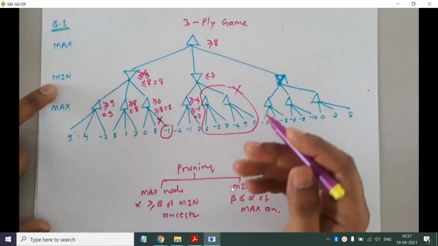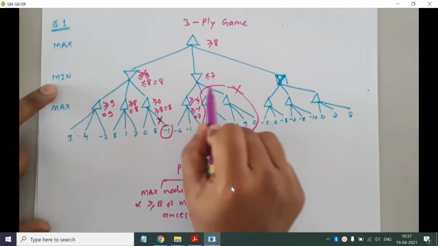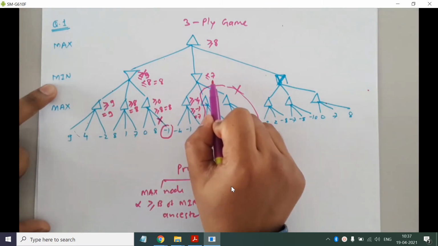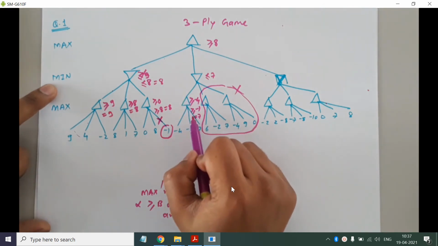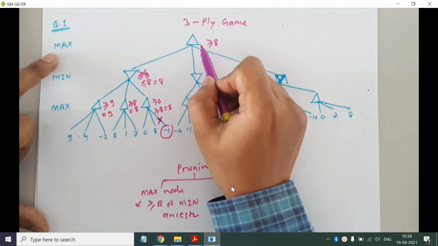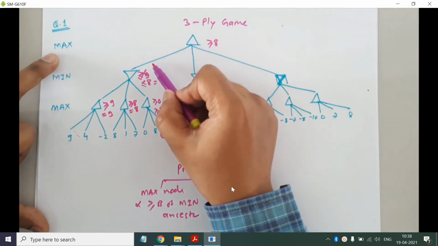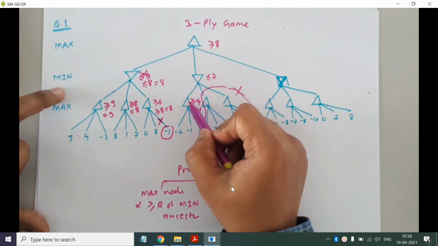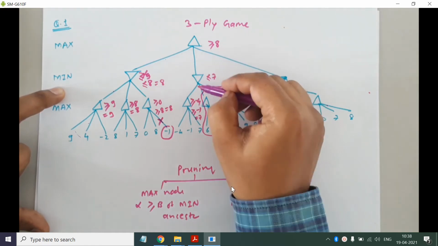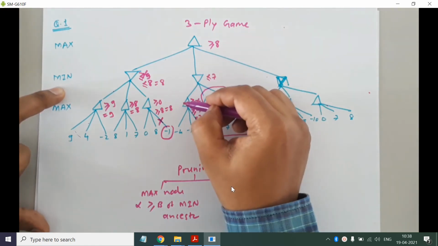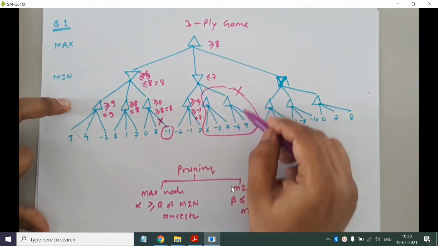So what is the meaning of this? Why are we pruning? At this level, min is expecting a value less than 7. It has a branch which will give him the reward of 7, and at the higher level, max is expecting a value greater than 8, because he has a branch with value 8. Here min has the branch with value 7, right? So if at all max comes here, min can play this one, and the reward which max will be getting is 7, right? That's why we are pruning this branch.